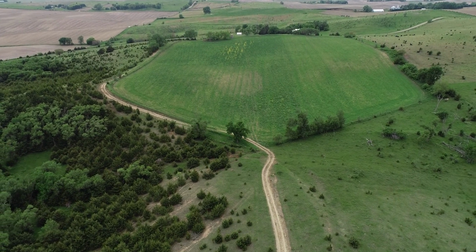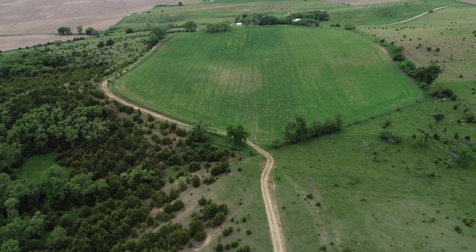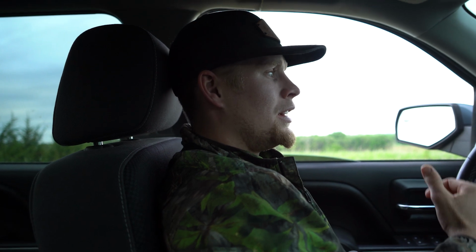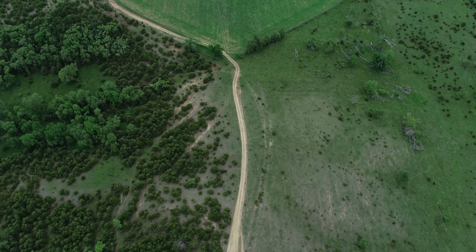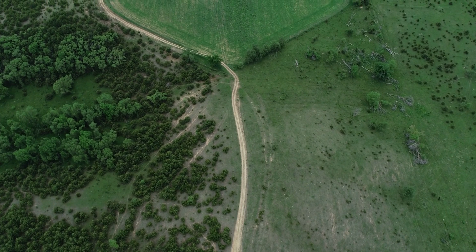So yesterday we came in and we actually met Nick back in here, and he said he came through about 10 minutes prior and said there was 4 toms strutting back in this field. Sure enough, we left and then get a call from another one of our friends, and he was back in this field, just pulled in and said there was 2 toms strutting. So we know these birds work this area on the north side of the property and hit this field and that field. So we're out here earlier today